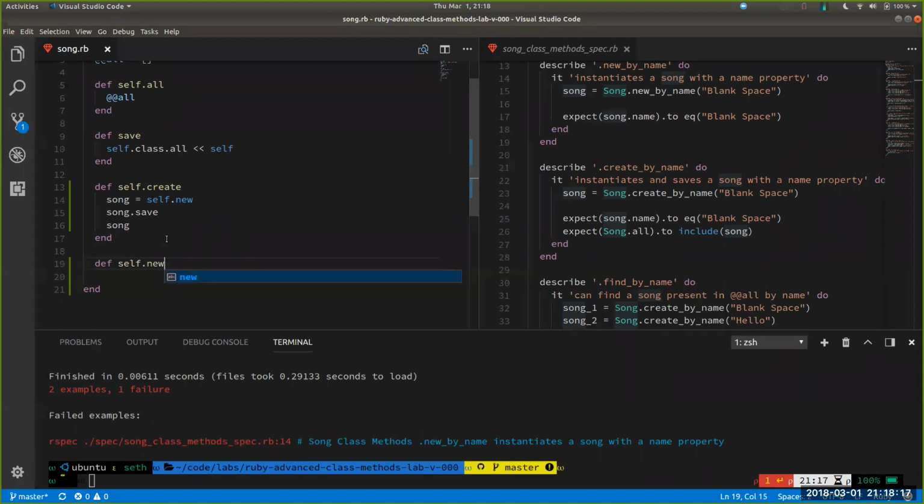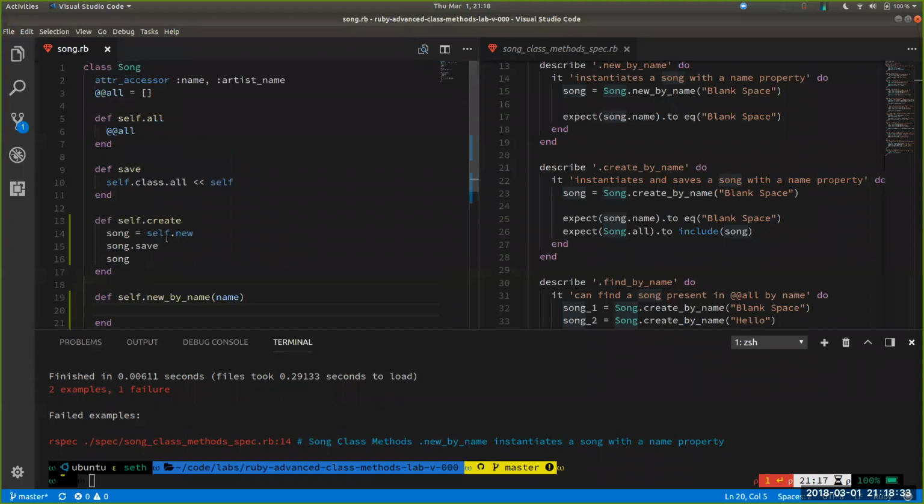Self.new_by_name with a name variable. And because we have this accessor here,